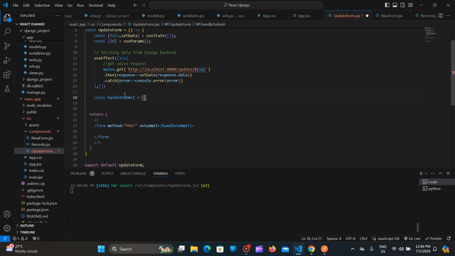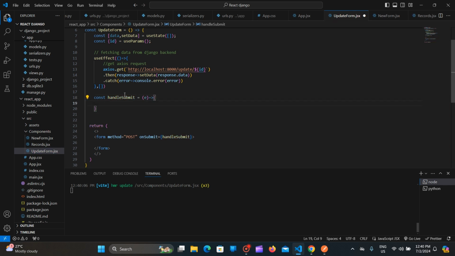Okay, we will create a handle submit button, and we will prevent the default behavior of the browser using this e.preventDefault. Now again we will create Axios put request. Okay, because we are updating the records now, so that's why we will need put request. So for that, Axios put